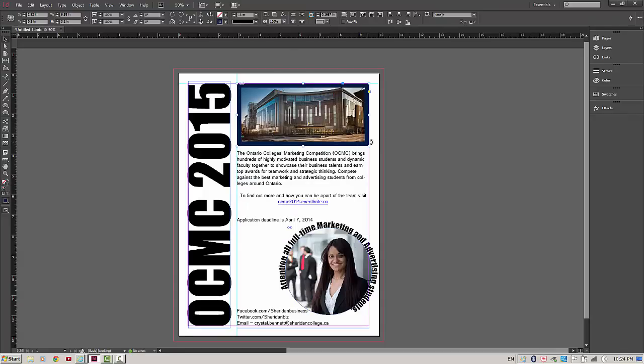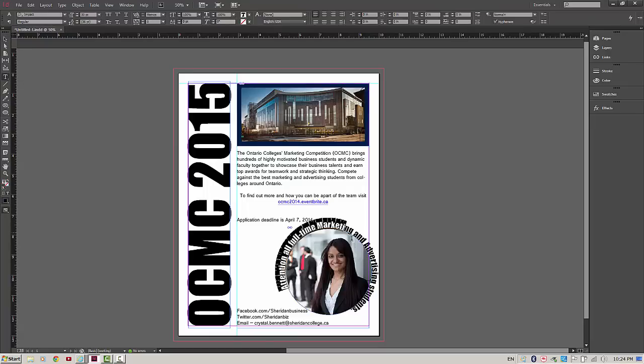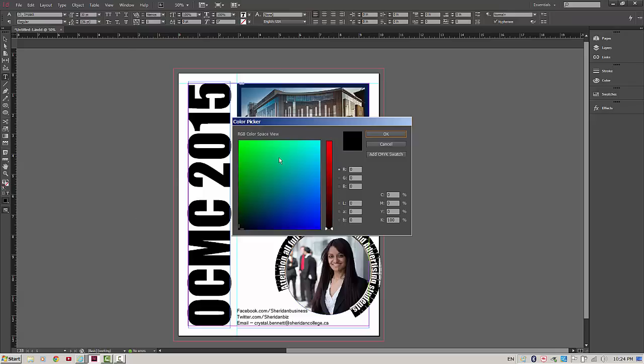Now I can see that I've changed the swatch color here, the color of the stroke around the actual object, and I can do that with any number of things. For example, if I wanted to go in here and click on the Type tool, I can highlight this text, and I can do the same thing. If I look over here, I can see that the T is within this little box. If I click on the T, I get another dialog box here,